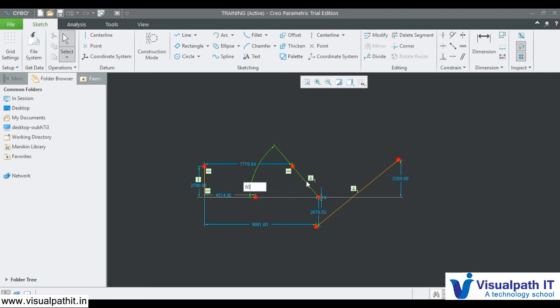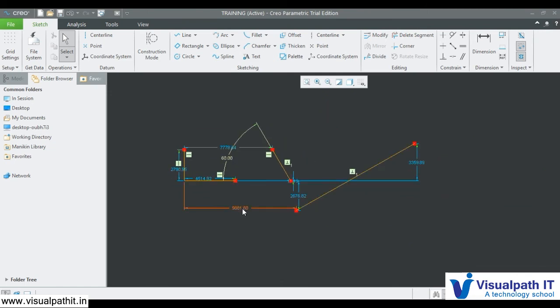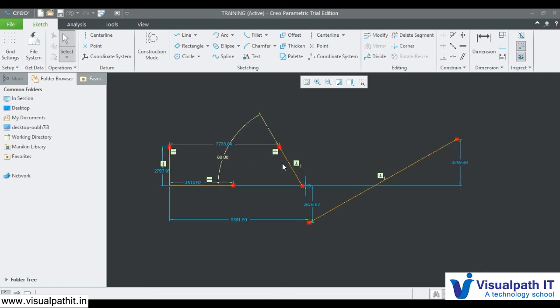Let's say I will fix this angle at 60 degrees. Now there is something called strong dimensions and weak dimensions. Weak dimensions are by default derived from the sketch. If we create a normal design and don't dimension it, this dimension will normally come, which is a weak dimension. Strong dimensions are the designer's defined dimensions.